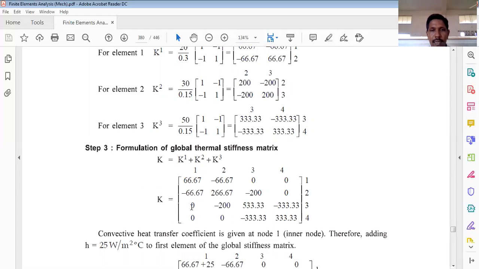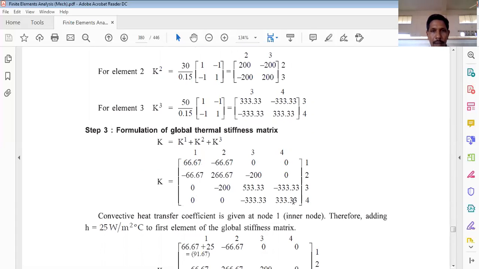So definitely it is required to consider a 4 by 4 matrix in order to have the global stiffness matrix. On the blank stiffness matrix, it is required to write 1, 2, 3, 4, corresponding to node 1, 2, 3, 4, or a 4 degrees of freedom system. Similarly, in the columns also, it is required to write 1, 2, 3, 4. Now we have to search for each entry of this matrix.